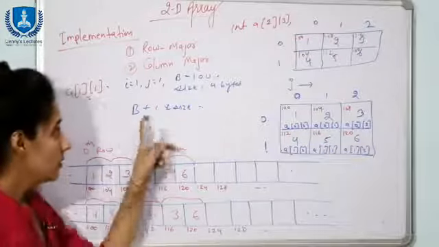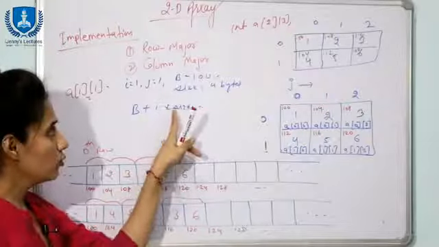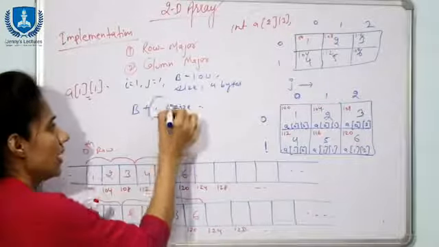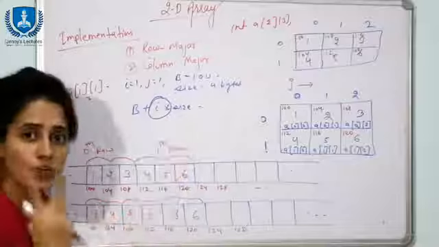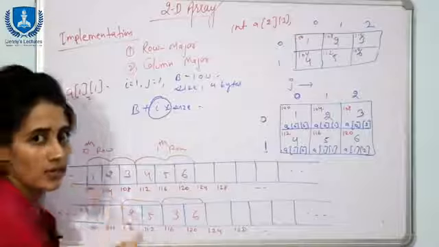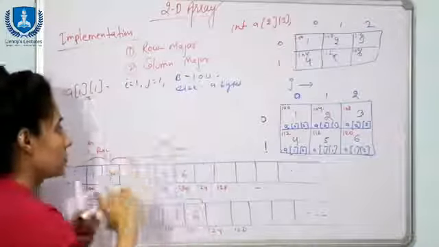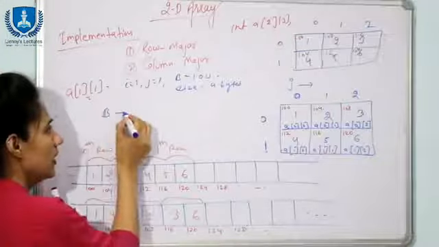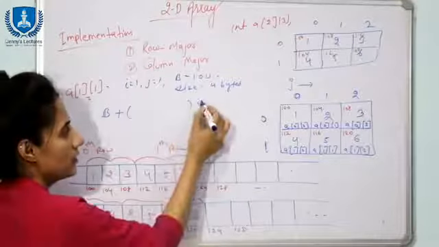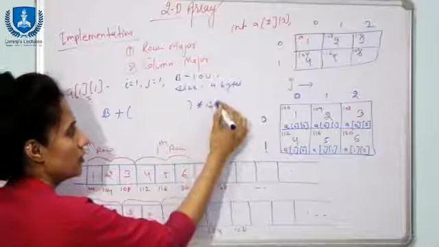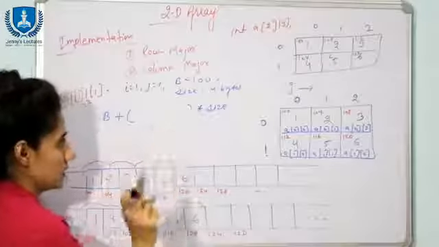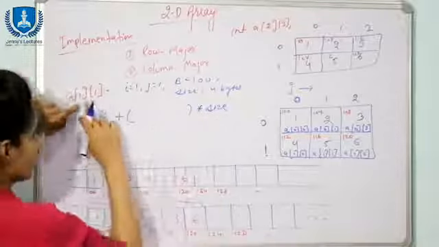Here also you are going to multiply with the size, and the base address is also the same, but you cannot simply write i, because here we are having two indexes, i and j. So you have to modify this. You will compute base address plus, whatever you write here, multiplied with the size, that is 4 bytes. Let us discuss what you will write here. See, you want to access this 1 and 1.